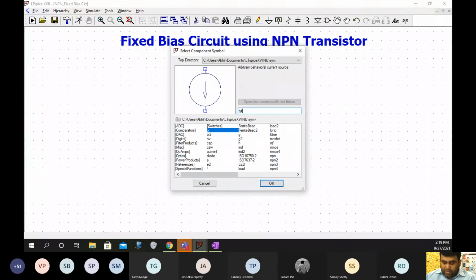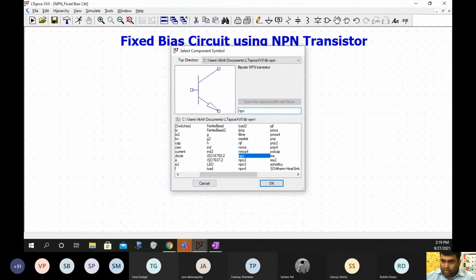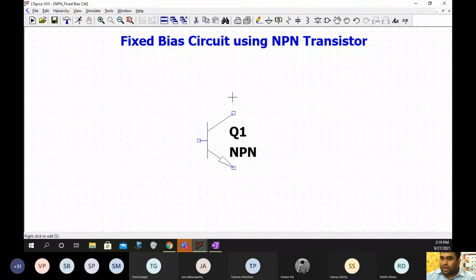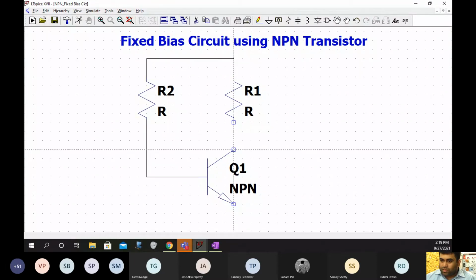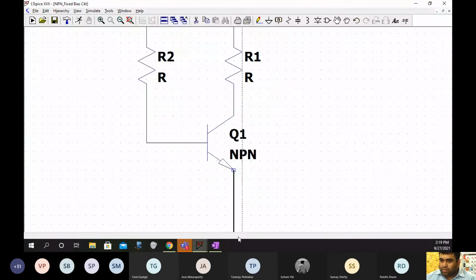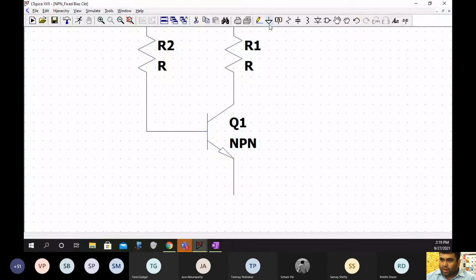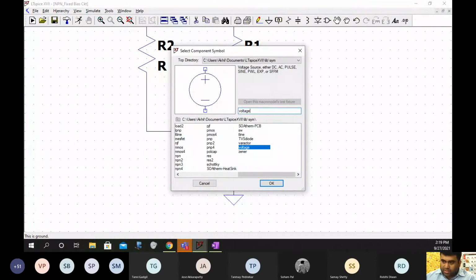Now we can have a BJT NPN in, and as you saw, we require two resistances and a supply voltage. Here we have our ground, and of course we require a voltage.